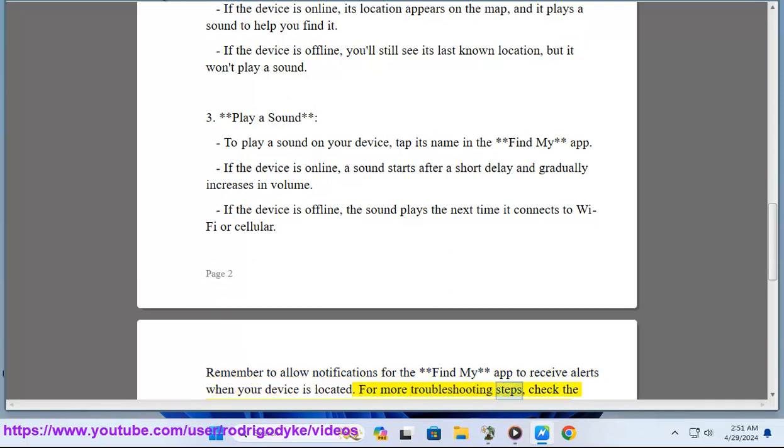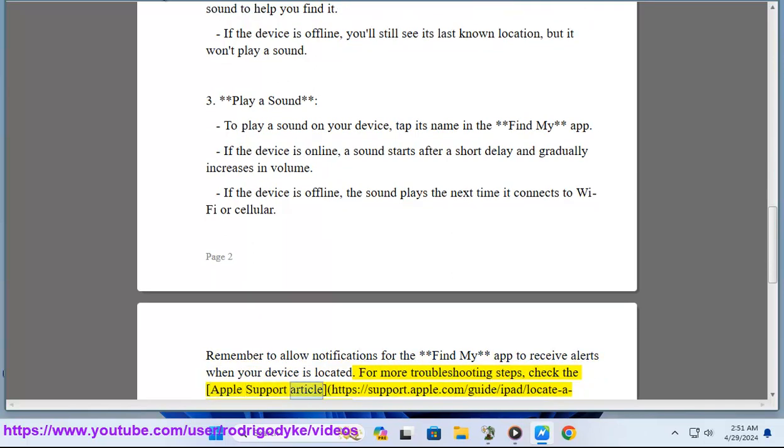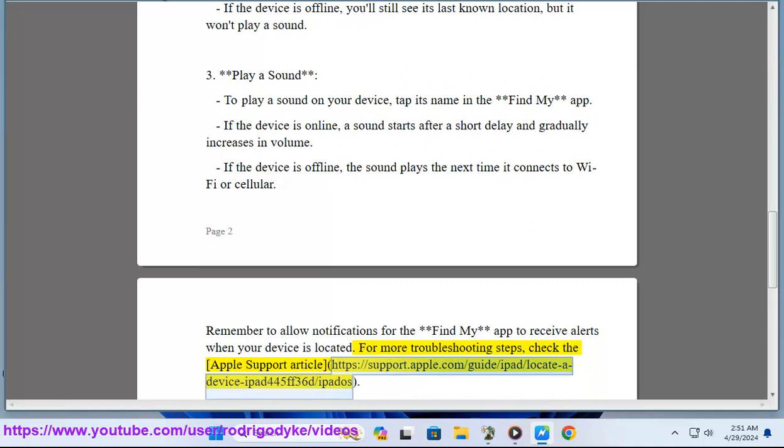For more troubleshooting steps, check the Apple support article, https://support.apple.com/guide/ipad/locate-a-device-ipad445ff3